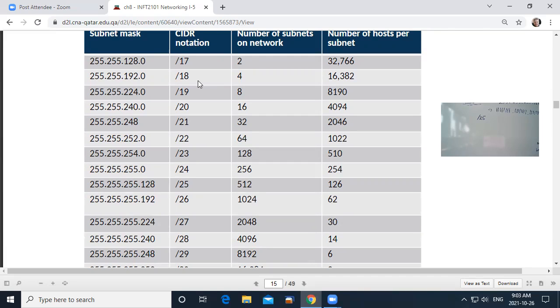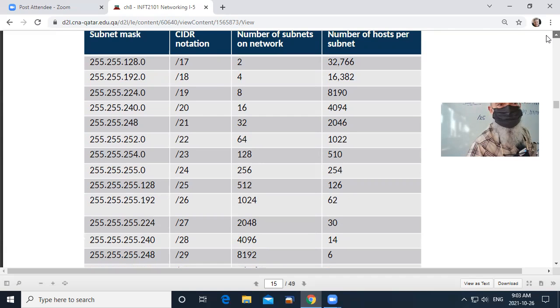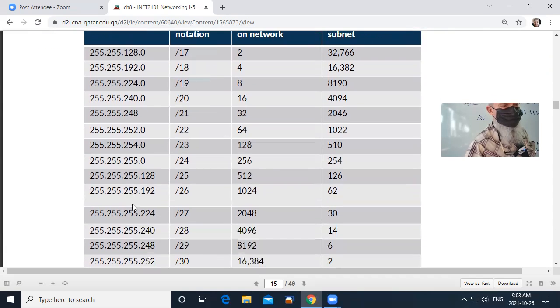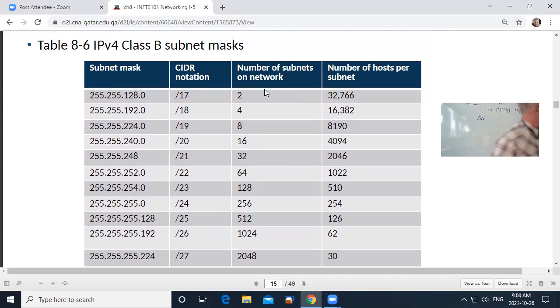But if we're doing this as a, what is this? This is a B class network that we're subnetting. You can subnet a B class network. So let's look at how it affects the networks and the hosts.